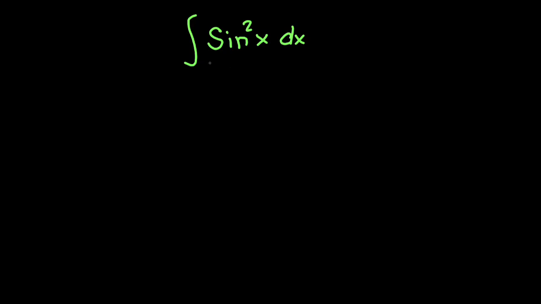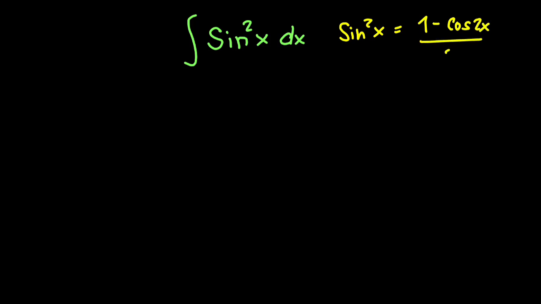Let's solve the integral of sine squared of x. When dealing with an integral of sine or cosine, let us evaluate the integral of sine squared of x. When dealing with sine and your exponent is an even number such as 2, 4, 6, 8, you would want to use this trigonometric identity, which is sine squared of x equals (1 minus cosine of 2x)